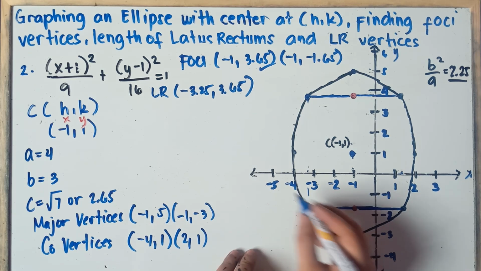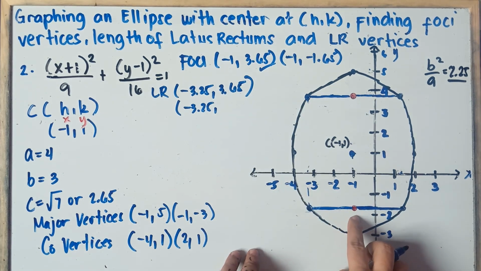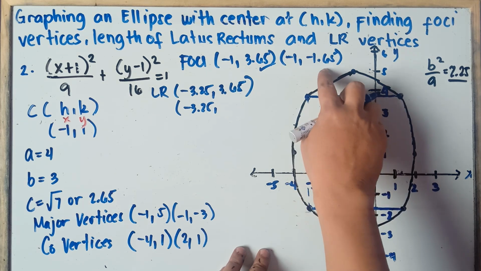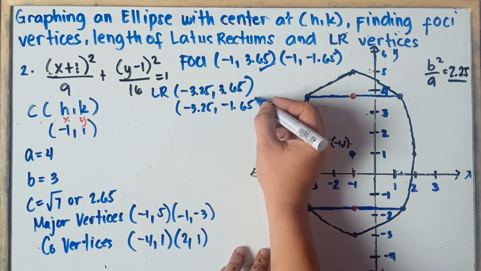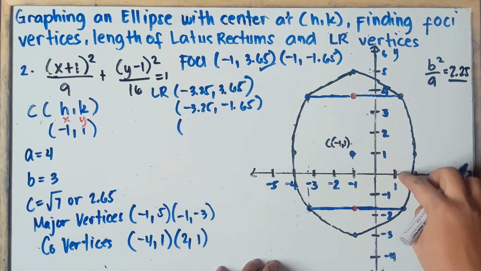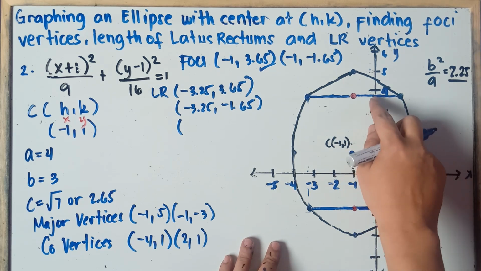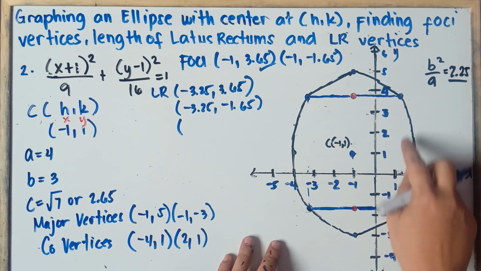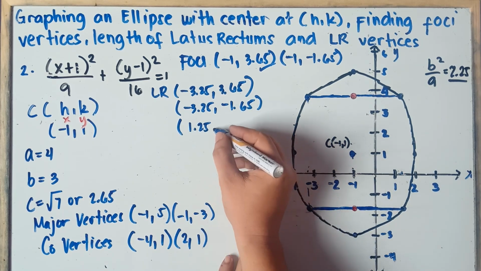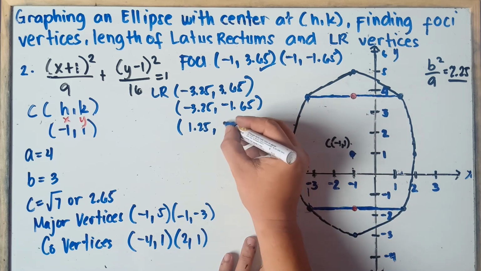Alright, so we can have this point. So this is negative 3.25. And the focus, this one, this is 1.65, right? Negative 1.65 for our focus. Alright, and then this one, so this will be positive. So this is positive 1 point. We move, once again, 2.25: 1, then 2, then 0.25. So this will be 1.25 for x, 1.25 positive. And our y, that would be the focus, class, 3.65.